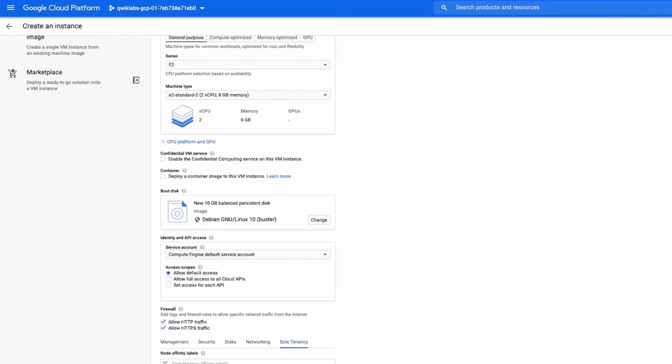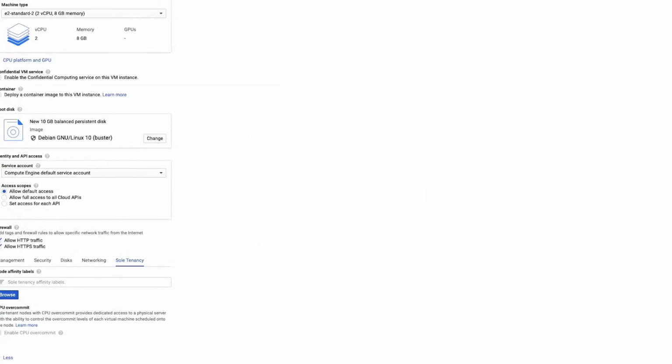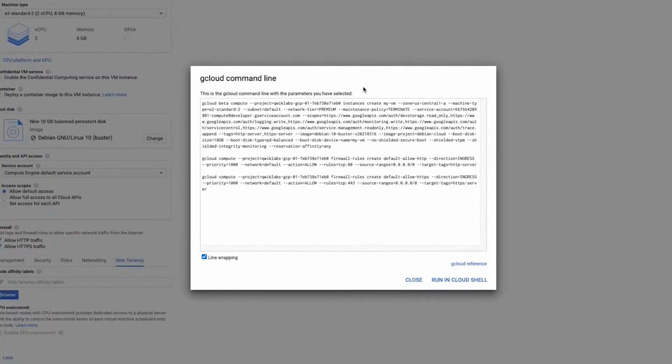Now I'm creating this through the UI, but if I wanted to create it through command shell, and I wasn't sure of all of the commands, by clicking this command line option down here, I can see what the command shell is. Now this is a very verbose command defining all of the information that we would require, probably more so than you would absolutely need to. I'll show you in a moment, there's a quicker way of defining this content where it just accepts a lot of the defaults, and so it's not as verbose as this command here,